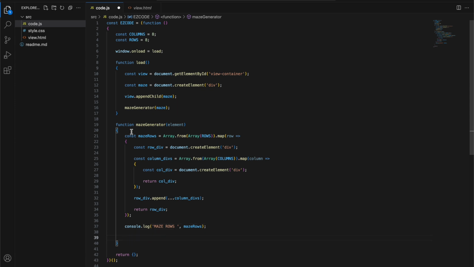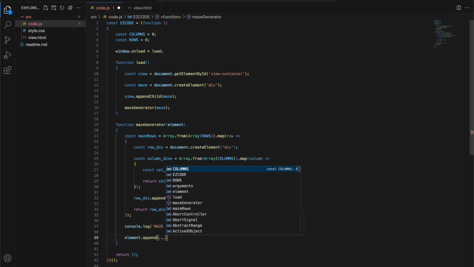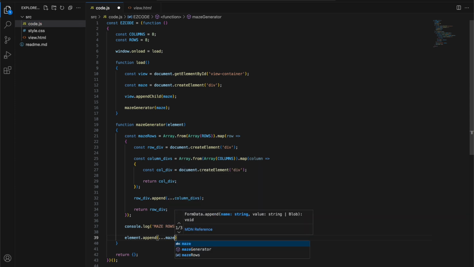We're going to take the element from the maze generator function, which was the maze container that we passed in right here, and we're going to say element append, just like we did before, but now we have a series of rows. So we're going to use the spread operator, 1, 2, 3, and we're going to say spread out the rows and semicolon. Now let's save our work